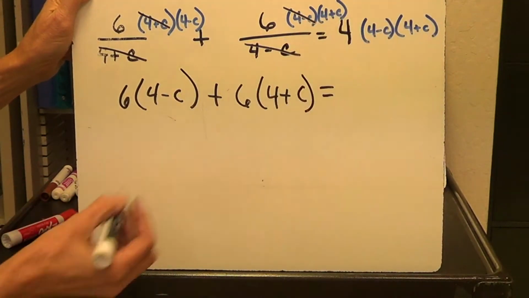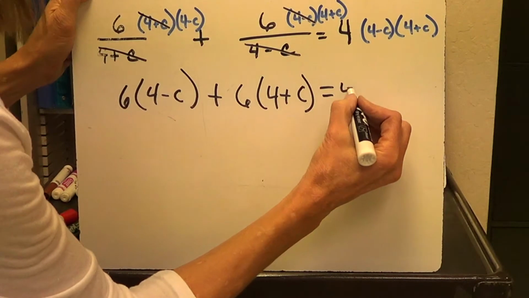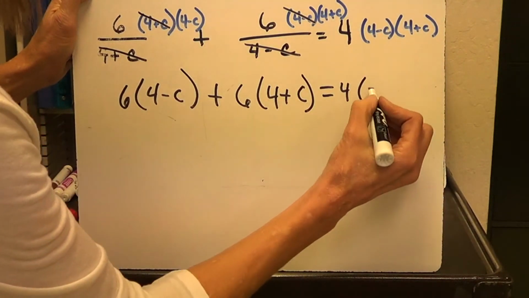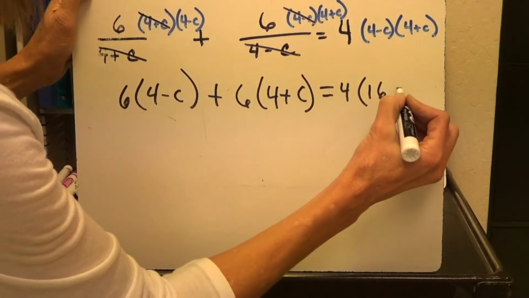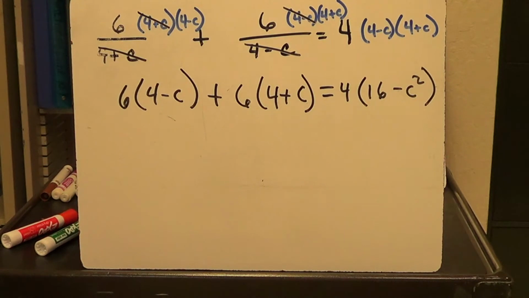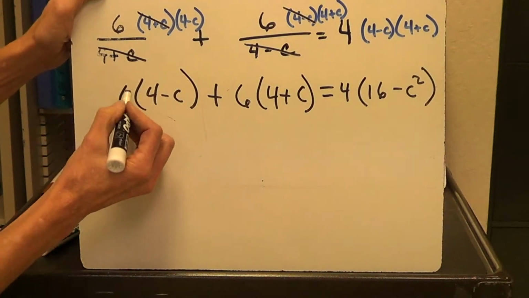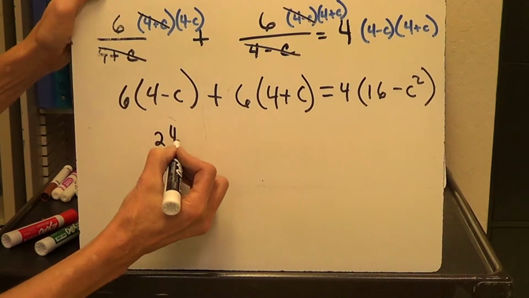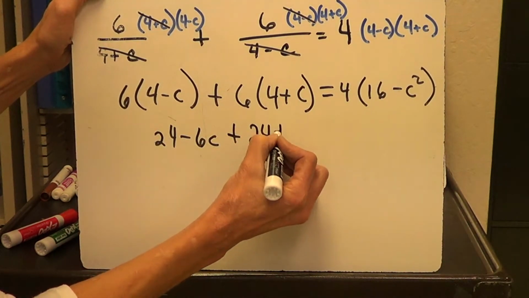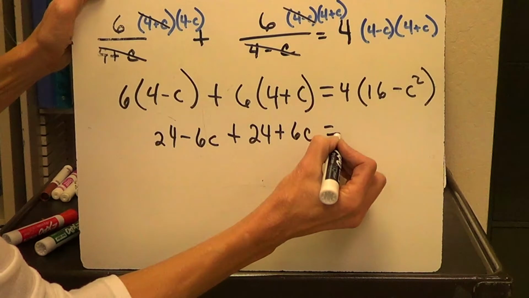And over here we could go ahead and start to multiply this. Let's box these two. Notice they're conjugates, so we know we're going to get 16 minus c squared. Okay? 6, just distribute here, 24 minus 6c plus 24 plus 6c equals,